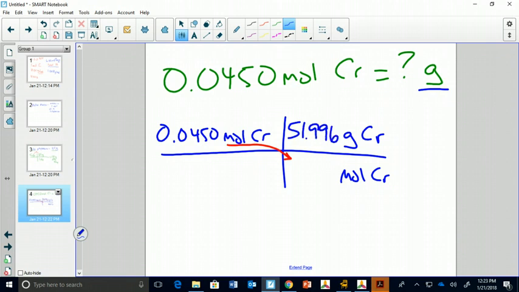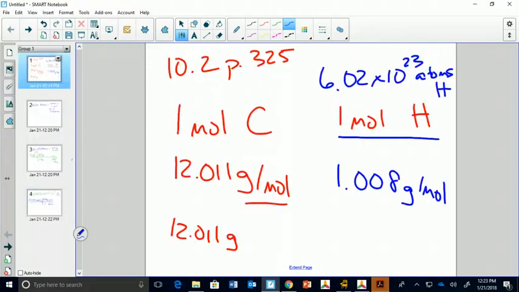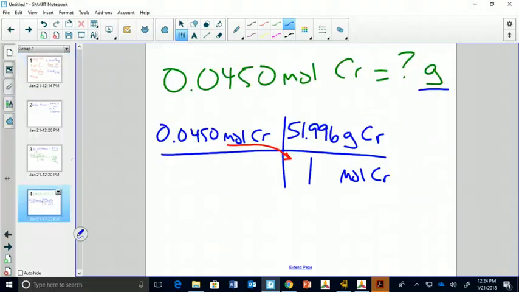51.996 grams are in 1 mole. Because again, the units for molar mass are grams per mole. In 1 mole of the substance, that atomic mass tells you how many grams are present. So I do the math. Your textbook rounds and uses 52.00, but we want you to actually use the number in your periodic table. When you do that math, we end up with